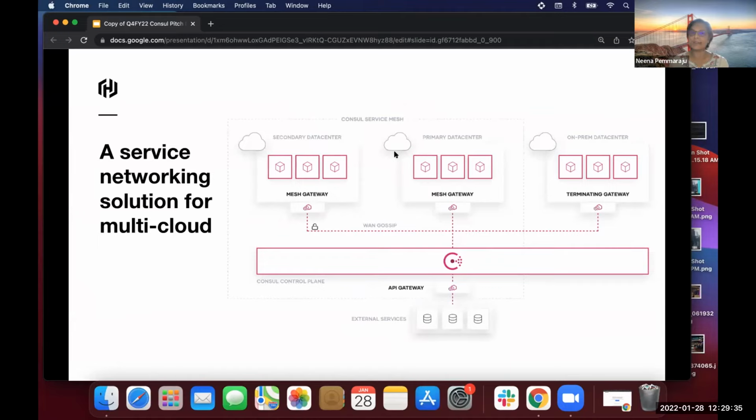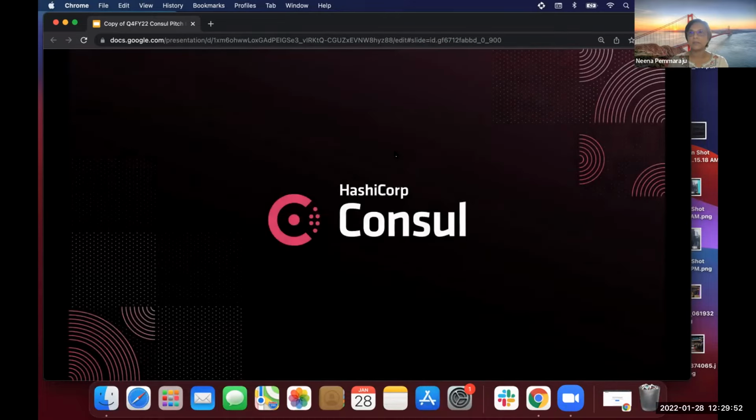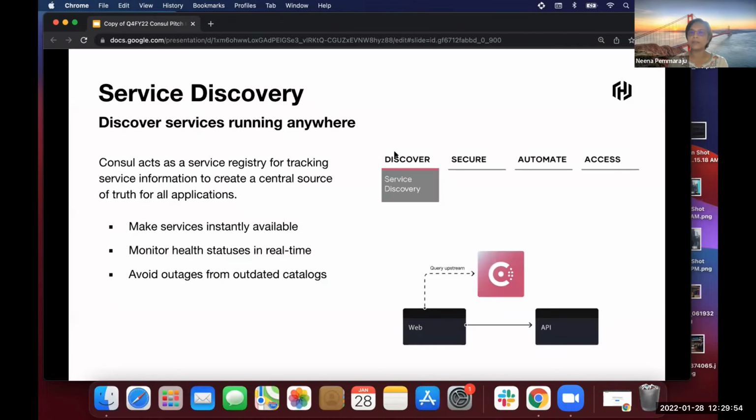It works on any cloud, any platform, any runtime to enable organizations to create a centralized control plane for discovering services wherever they are and securely connecting those services together. Let me keep going fast, deep diving into some of the different capabilities of Consul.